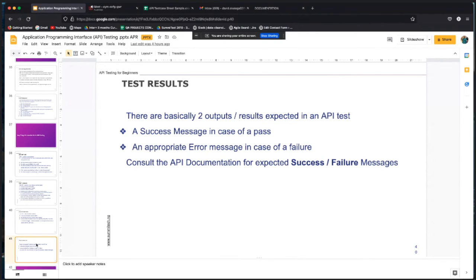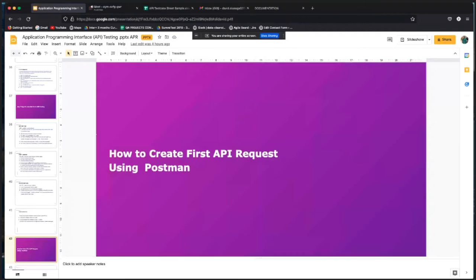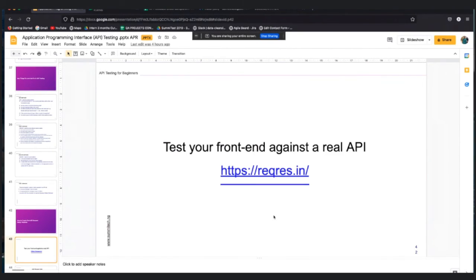Now we will learn how to create our first API request using Postman, and how we can use different HTTP methods.